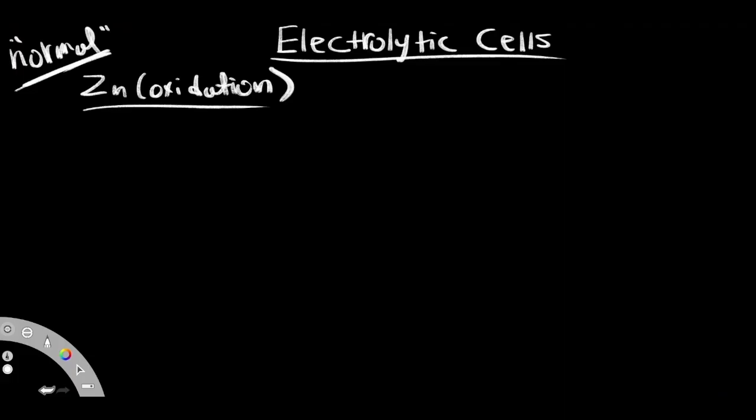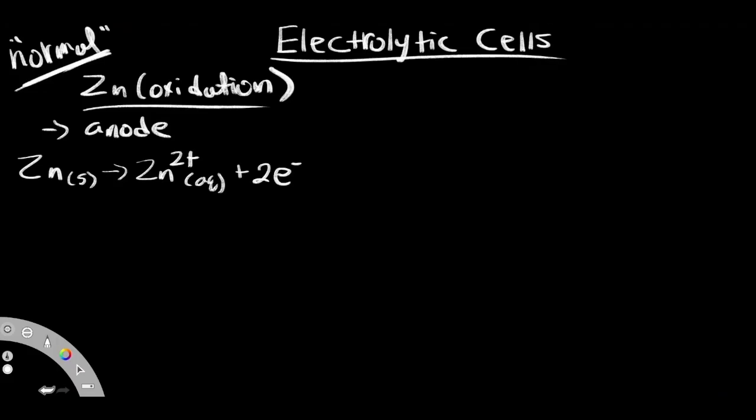Okay, this zinc oxidation happens at the anode, right? So if you were to look at its half reaction, it would be zinc, obviously a solid over here, and it becomes Zn2+ and releases 2 electrons. We would identify this if we looked at its voltage, its E standard, as negative